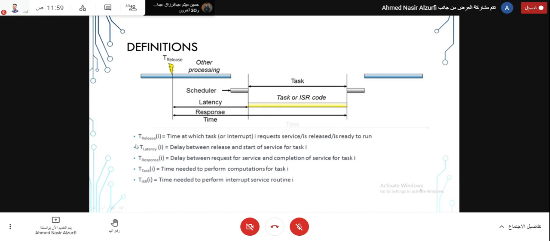فعلى سبيل المثال التايم ريليز اللي نقصد به وقت الريكوست سيرفيس لهذا التاسك. We can say time release: time at which task or interrupt request service is released, is ready to run. فهذا ال definition للتايم ريليز. ال definition للتايم latency اللي هو delay time release